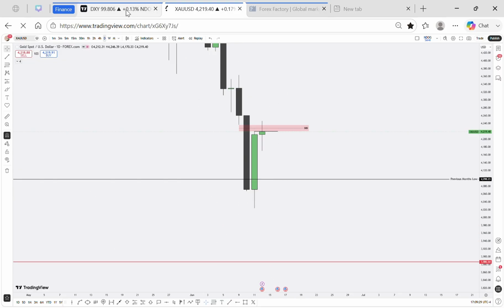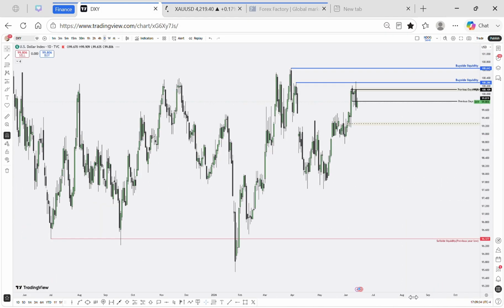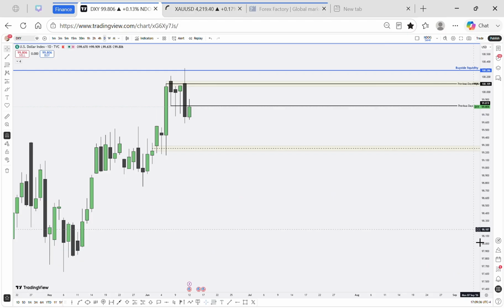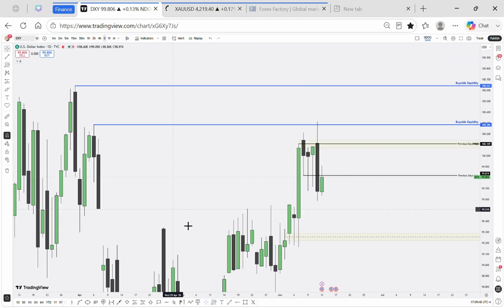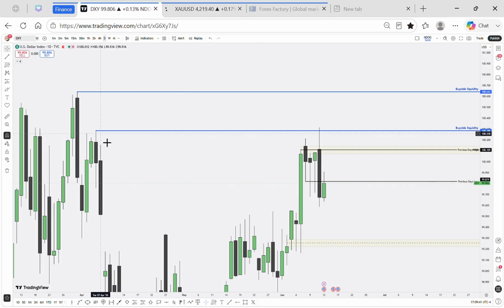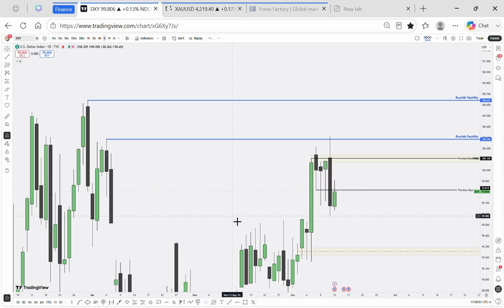Now, going straight to the dollar index. On the dollar index here, I've been calling out, it reacted off this volume imbalance, pushed higher, and swept buy side liquidity. We had a rejection of that buy side liquidity on Thursday, and I still believe we might look for further buy side objective. So I'm watching this level right here, this favorable gap right here, as it's very important to me. I will trade within that favorable gap.